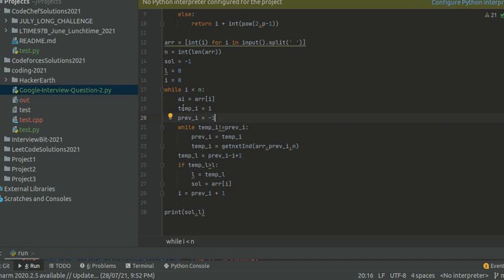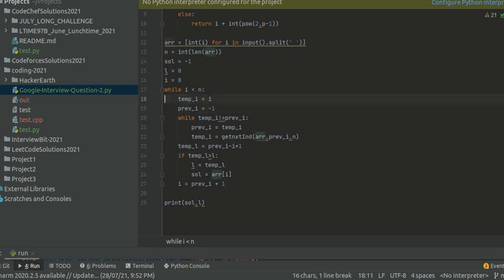Now for the ith index we will make ai as arr i. This step is not required. So now we are simply doing temp i equal to i, the ith index, and prev i equal to -1.